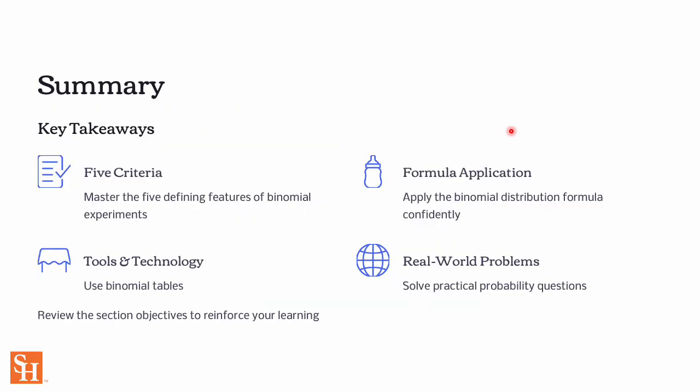So finally, let's look back at what we have learned in our lesson today. We have discussed the criteria for a binomial distribution, then how we can apply the binomial distribution formula to solve the problem, and alternatively we can also use the binomial probability distribution table to solve the same problem, right? And we have also seen how we can solve many real-world problems using the